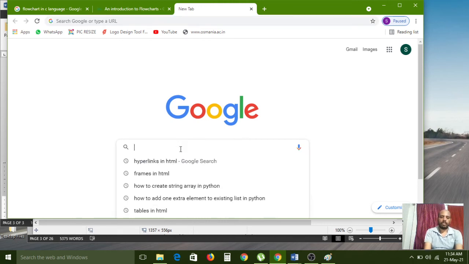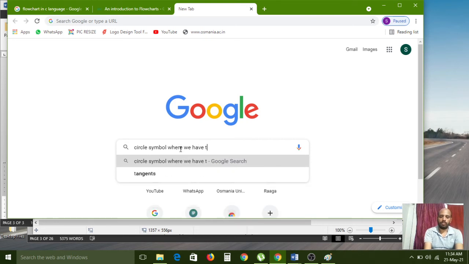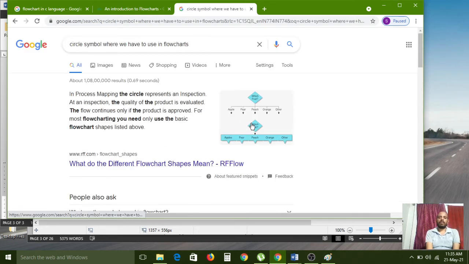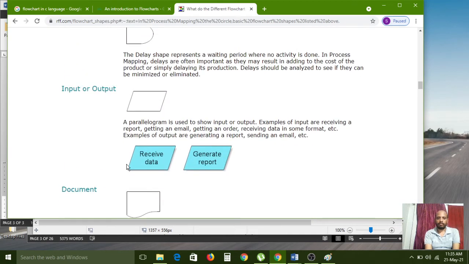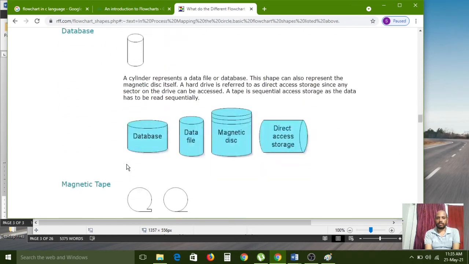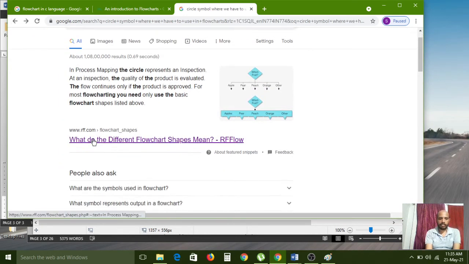All of you carefully see the circle symbol, where we have to use it in flowcharts. I'm just searching that word. Here all of you carefully observe the circle symbol. Yeah, this is confusing, so not required here. And next, one more diagram.